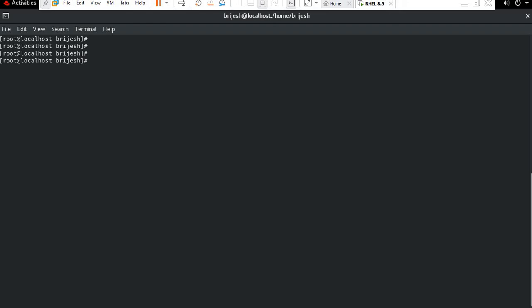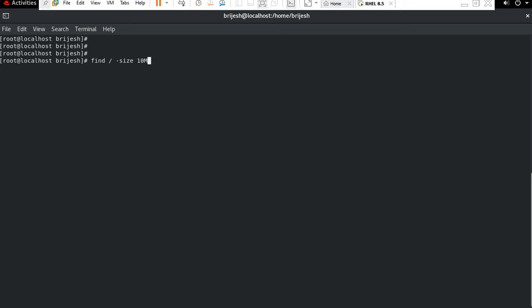So now guys, how can we check file size? Okay, if we have a file, how can we check its size? So to check the file size, just type here find space hyphen size 10 MB, 10 MB file size.